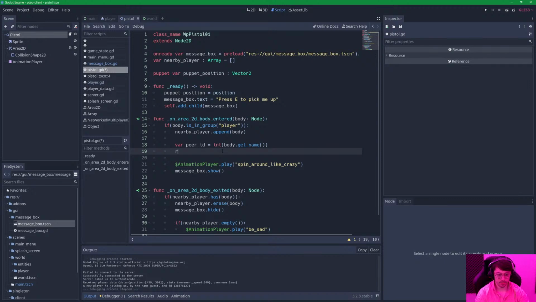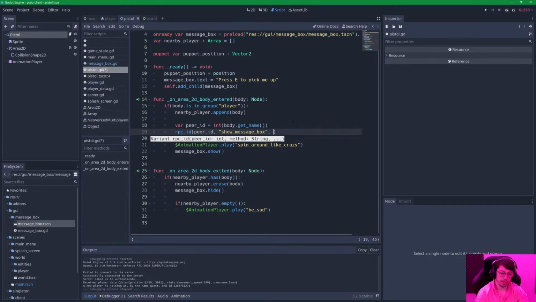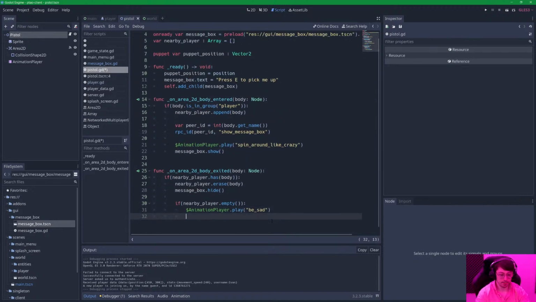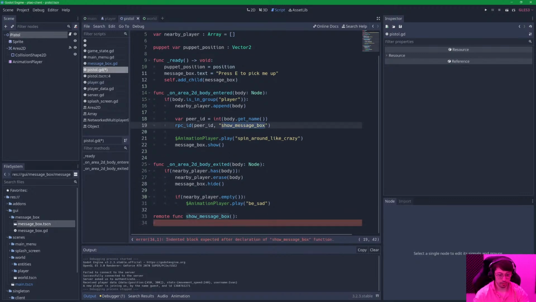Well, we need to send a message, RPCID, to this player that we want to show, show message box. And I guess we can send the, no, we don't need that either, just show message box. I think that should be fine. And we add this remote function on this entity. I hope this is the right way to do this. Let's find out here. Show message box, and we're taking nothing. We just want to know if we want to show or hide this. So hopefully,